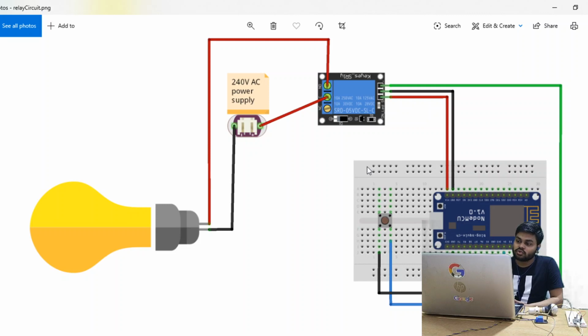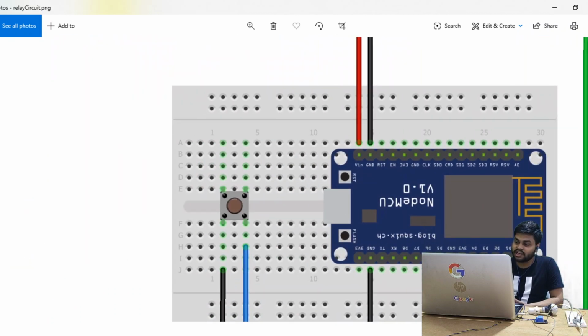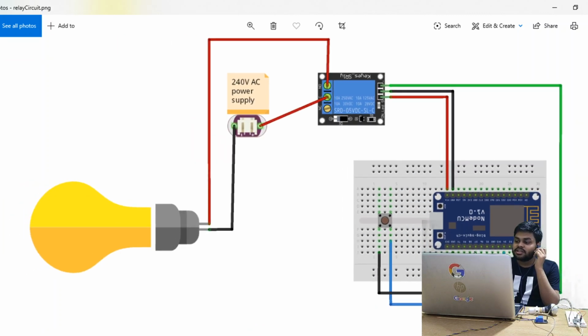So we can visualize things from this D0 pin as well, because in the NodeMCU there are two built-in LEDs. The first one is D0 and the second one is D4. Both are active low, which means that when we send a low signal, basically if you are working with Arduino, when we digitalWrite a low signal to these pins, the built-in LEDs will be turned on. The first one is right above D0. So the LEDs turn on when we send a low signal on D0 and D4. This is the reason why I connected the pin D4 to the button pin.